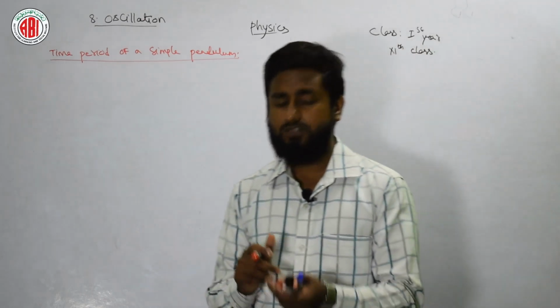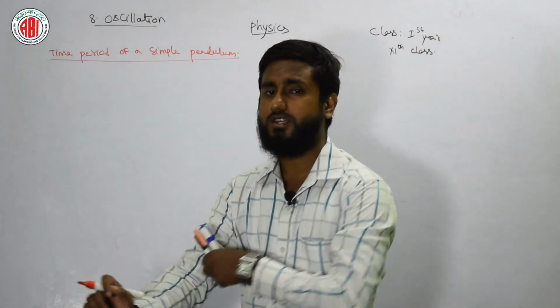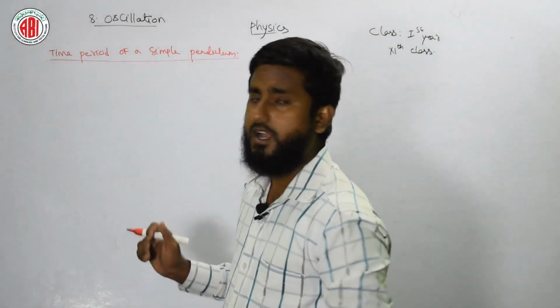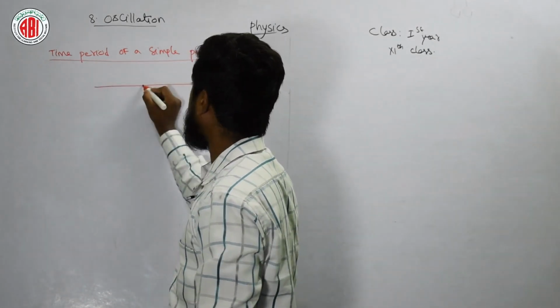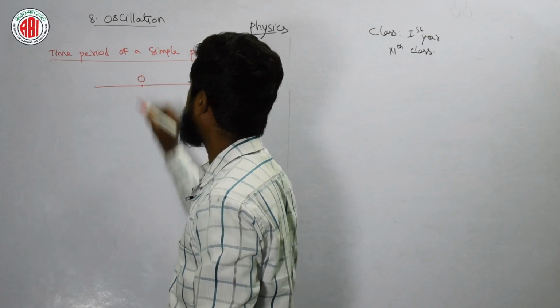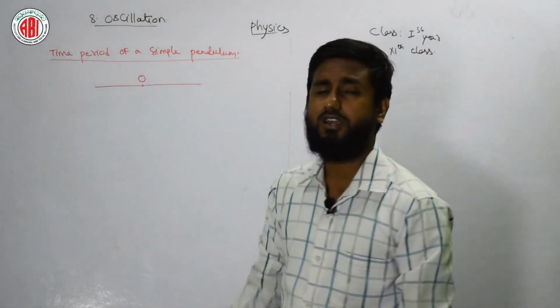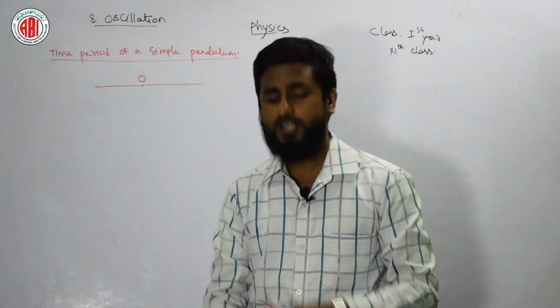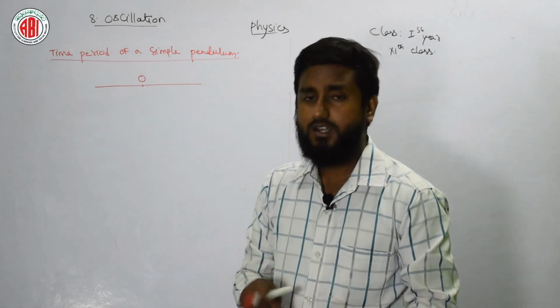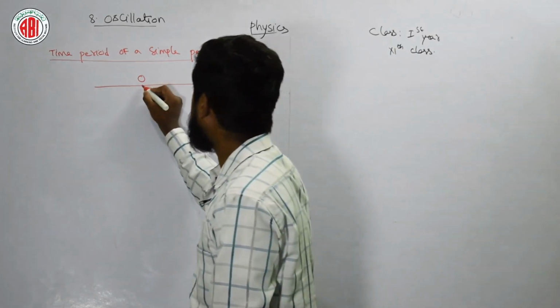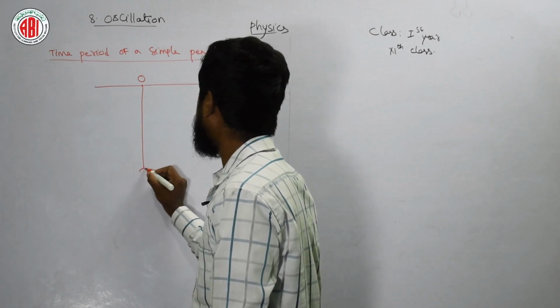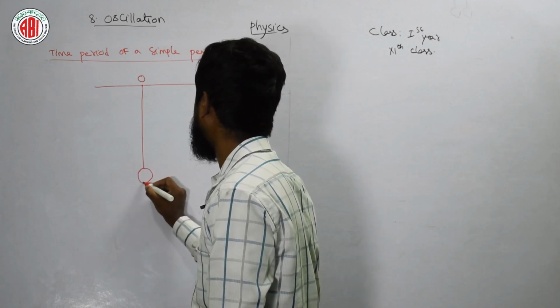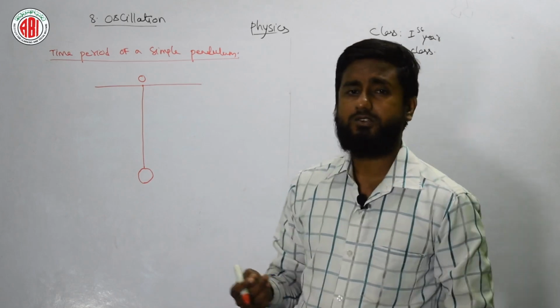For that I am going to draw a simple diagram, you can see here. Okay, I am considering a fixed support here, and this fixed support I am considering as a position O. In previous case we had supposed S. Now here I am supposing O, and from this O there is a string or thread, whatever you say, tied with a bob, or this is nothing but a simple pendulum also you can say.